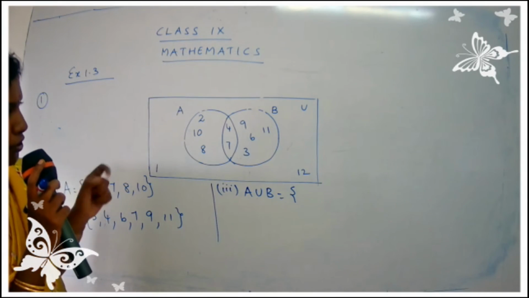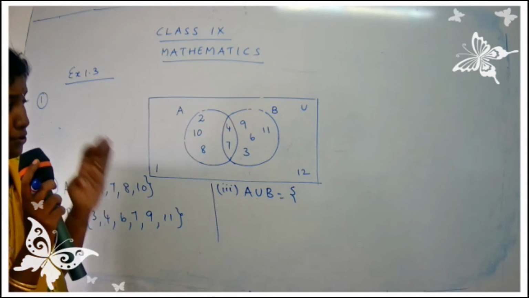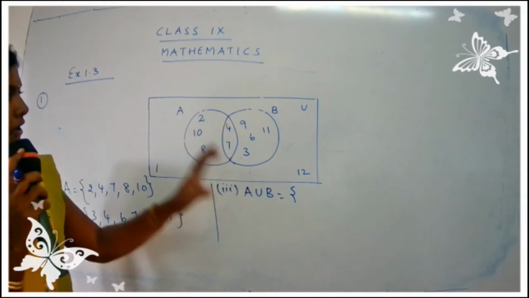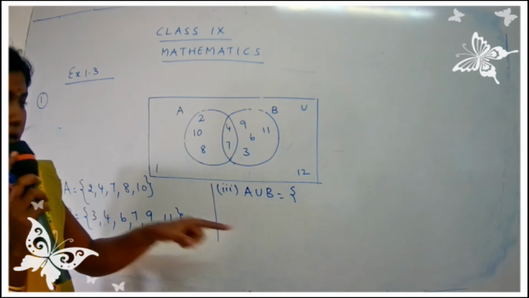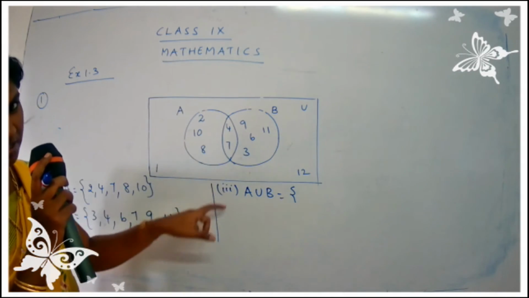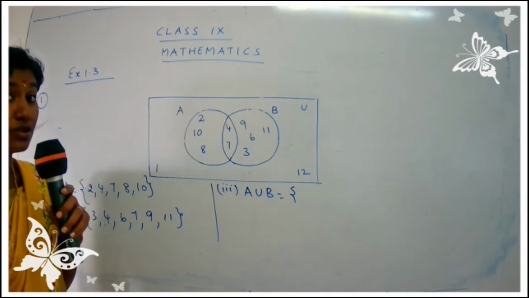Okay. So what we are going to do here is, we are going to write them in increasing order. We know how to write the numbers in increasing order, yes, children? So don't just write 2, 10, 8, 4, 7. It will not look neat. Actually, that is not a wrong answer.